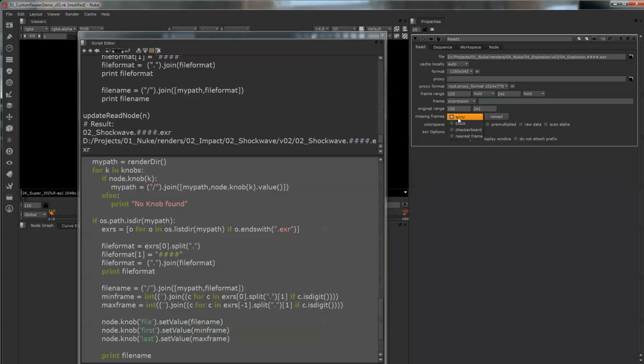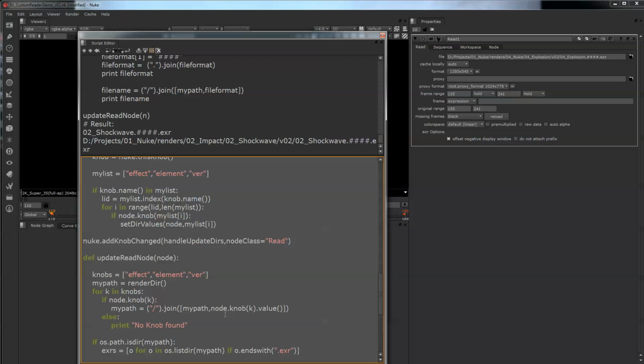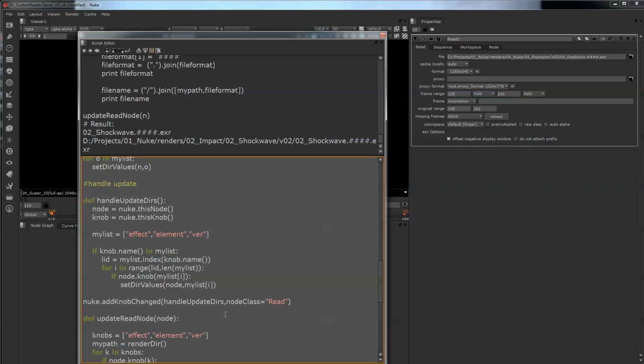I also want to figure out, what I recommend, I'm not going to do it in this video, is putting this on black instead of error. Because in this sequence, as you can see, I have the frame range here at 155. Well, I don't want my frames erroring out when I'm on frame 100. And so once this is done,